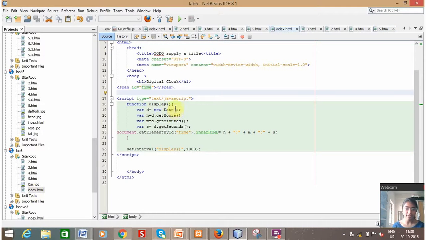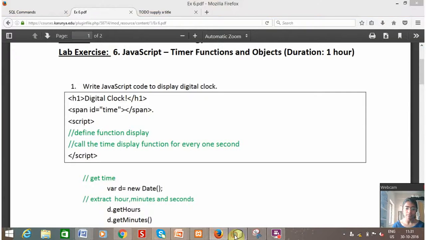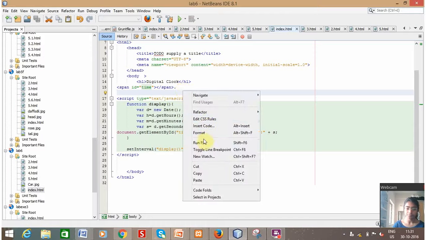inside a function display, we extract the date using an inbuilt function, and then we extract the hours using this object. Using d.getHours, we get the hours from the system, d.getMinutes, we get the minutes, and d.getSeconds, we get the seconds from the system. And finally, we are displaying the time in the span id time. We display the time, and then using setInterval, we call the function display for every 1 second. And the output of the code is,